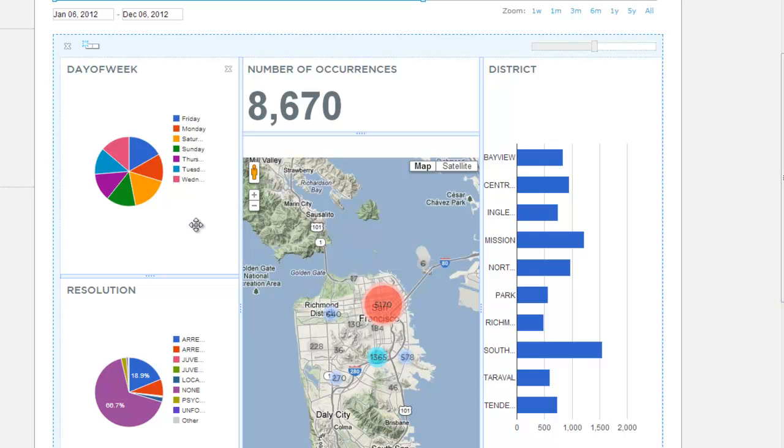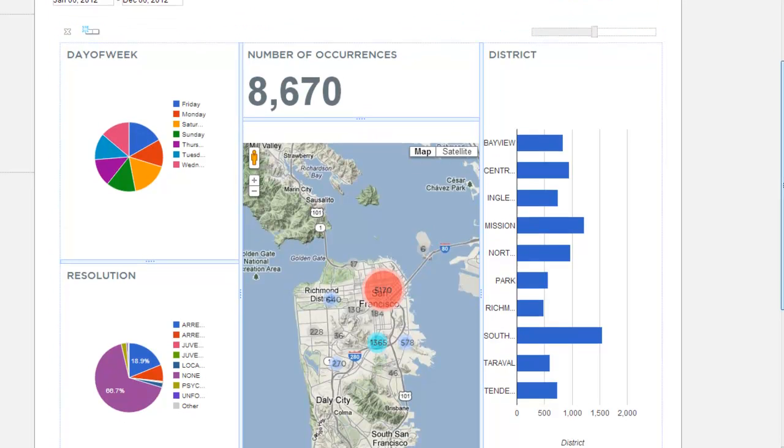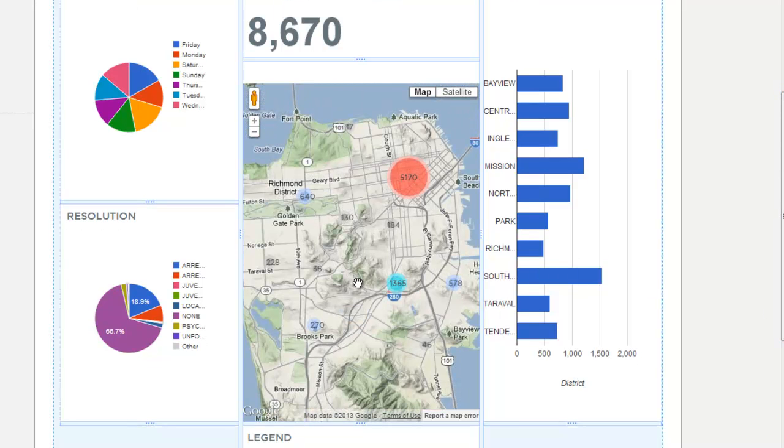And so we've got day of week here for the crime specified in a pie chart. Okay, you can see the different percentages here. We've got the resolution for each of the crimes that are shown in our map view in the middle here. And we've got the district where the crimes occurred. Up here, we've also got a listing of how many crimes occurred within this window here. Now, if we zoom in,